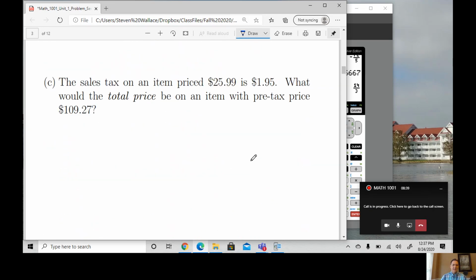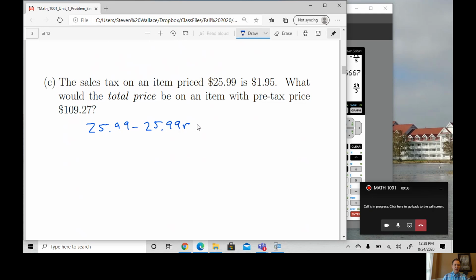Sales tax. Okay, sales tax on an item priced $25.99 is $1.95. What would the total price be on an item with a pre-tax price of $109.27? So this is not asking what is the tax amount. Okay, this is a two-part problem. Note, we could say, all right, $25.99 minus